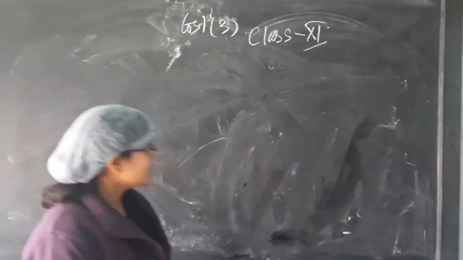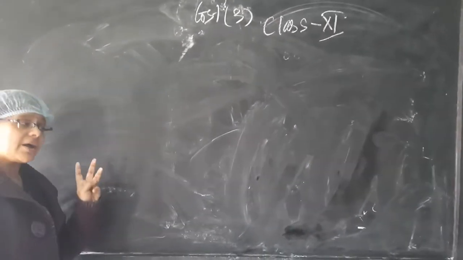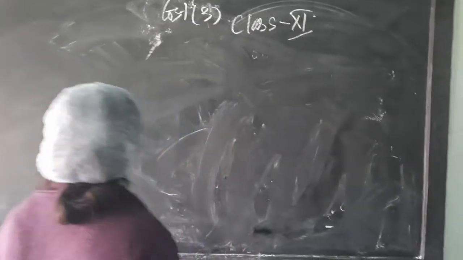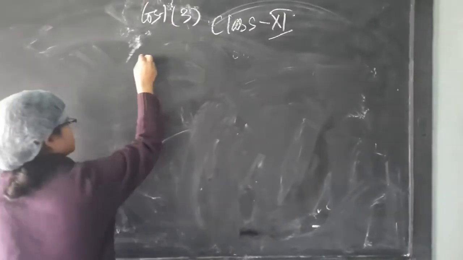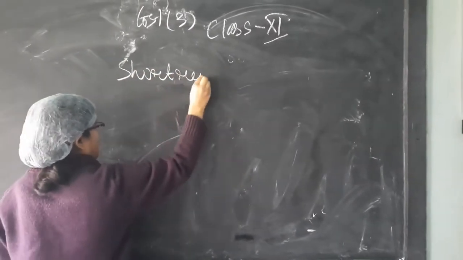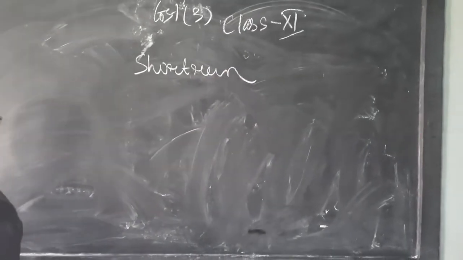I have completed all the chapters of cost, part 1 and part 2 I have given, where I have shown the different curves. What are the curves I have shown? That is the short run curves. We have shown all short run curves because in short run all the costs are variable.